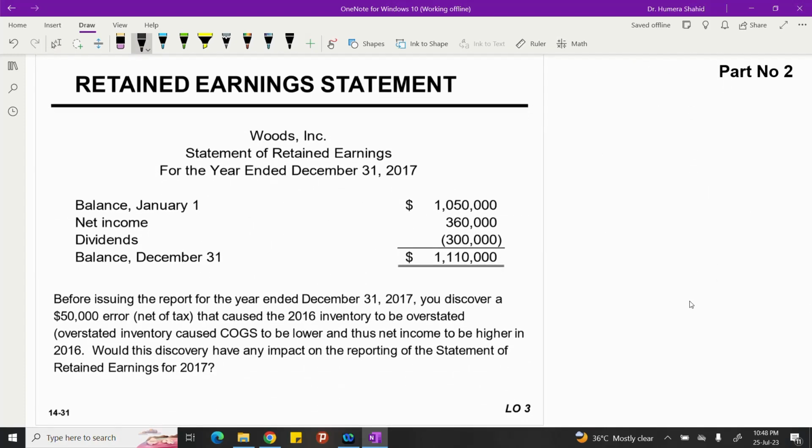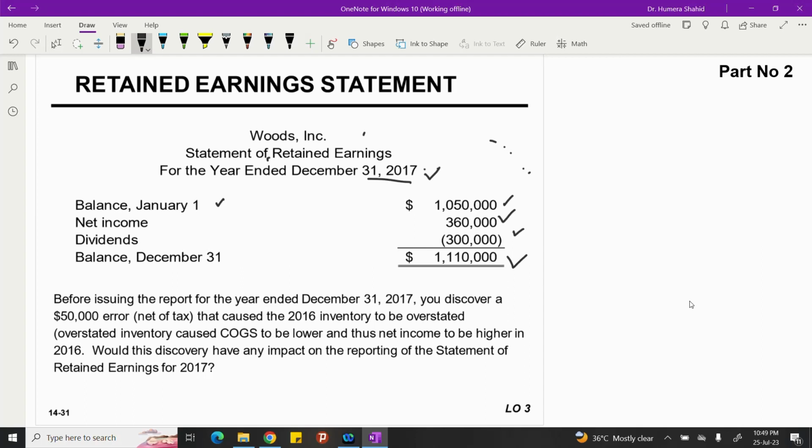This is a simple example when no corrections were required. So how do you prepare this statement of retained earnings? This is Wood Incorporation. Statement of retained earnings for the year ended December 31st, 2017. Put the opening balance. You can take the opening balance from last year's financial statements. So the opening balance is 1,050,000. I already told you income increases your retained earnings. So 2017 net income has increased the retained earnings. We added it. And 2017 dividends have decreased the retained earnings. So the ending balance becomes